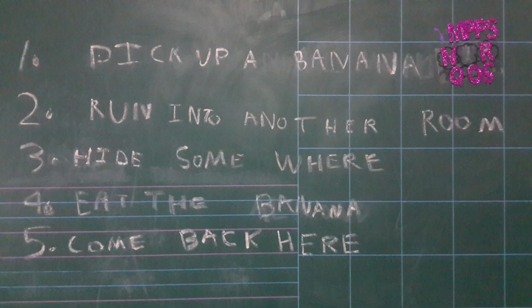And now I asked her, so Niku, if I replace almond with a banana, what will change in this sequence? And she thought about it and she said, okay, we will just replace almond with banana. And I said, are you sure? And she said, yes. So we did it, and then I said, okay, let's execute it. So she did it again. She took the round and then ran to the other room, and then she was about to eat the banana and she started peeling, and I stopped her. And I said, no, you cannot peel the banana because you haven't written it over there. And then she understood, oh, that way.